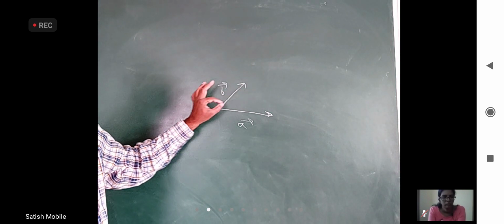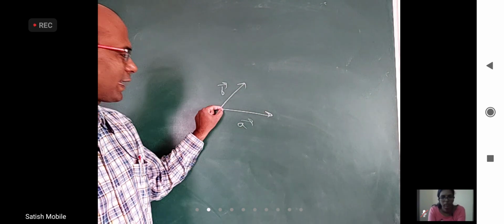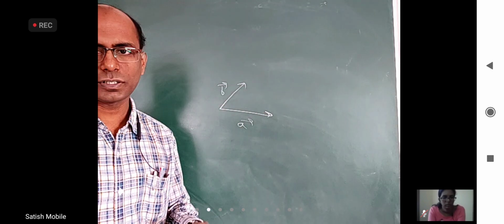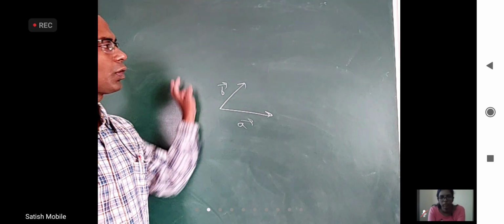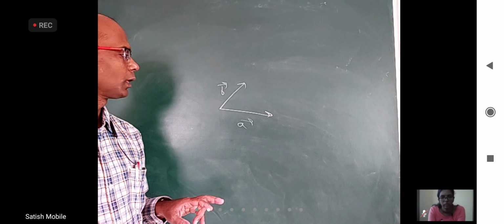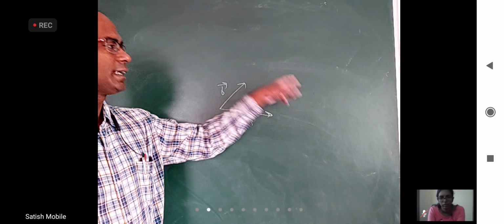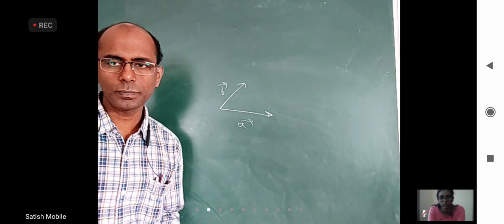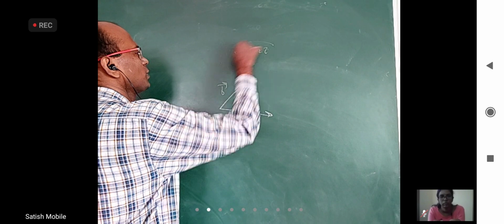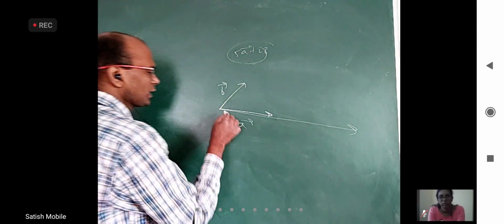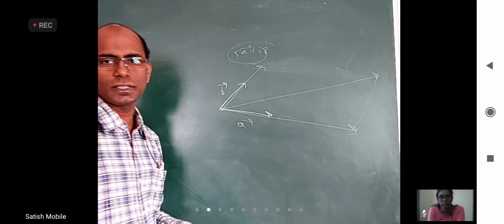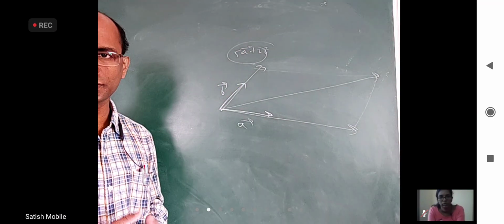But if somebody asks you, there is a c bar like this which is not on the board, which is in the space, you cannot express c bar as a linear combination of a and b. That is not possible. So you take a linear combination of a and b, it will cover all the vectors in this board. Or you take any vector in this board, it is possible to write it as a linear combination of a and b. For example, if you want to know what is 5a bar plus 2b bar, extend this 5 times, extend this double, construct the parallelogram, and this diagonal will be what? 5a bar plus 2b bar, isn't it?